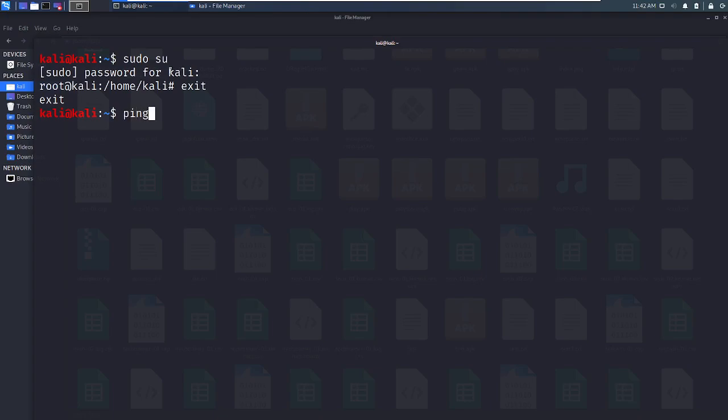For example, I try ifconfig. What I get is command not found. The same command I'm going to execute with root access. What you can do is, I just give